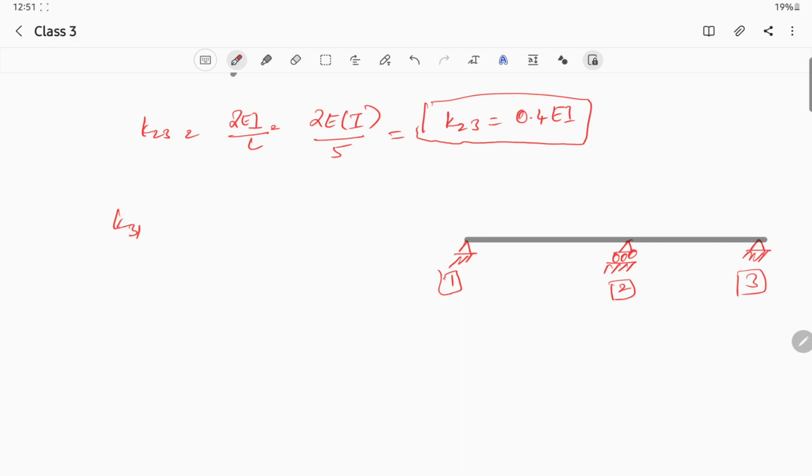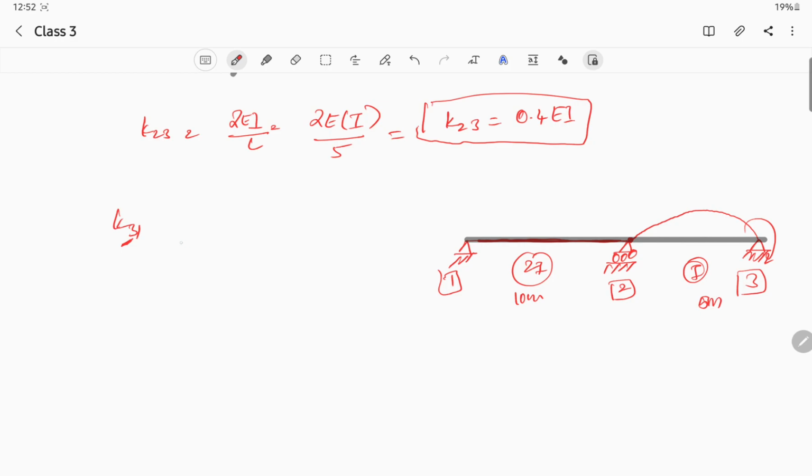In K31, we are trying to rotate the third node in the clockwise direction. Always the rotation should be in the clockwise direction. So we are rotating this one. If you rotate like this, my beam will try to get deflected in this fashion, till here only. There will be no rotation at this location for span AB. This will be as it is. If you rotate at this location, then there will be some deflection on span AB. So this is 2I and this is I. This is 10 meters and this is 5 meters.